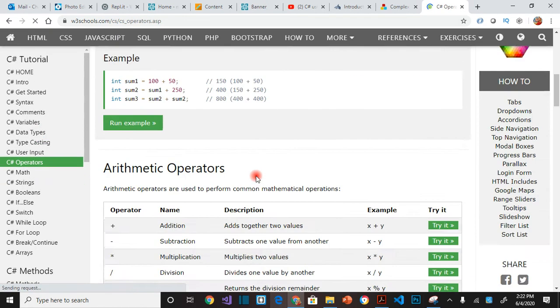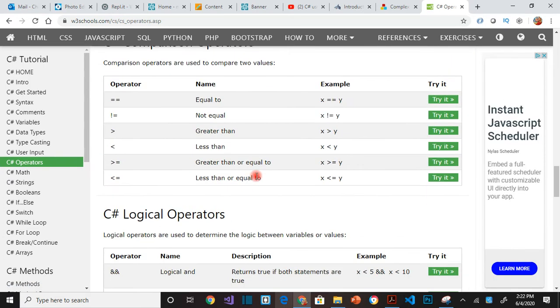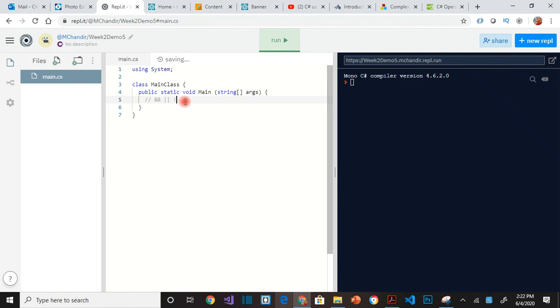In W3Schools, all the operators are listed. The arithmetic we saw already, assignment we saw already. Then we saw the comparison operators, right? So these are the logical operators: and, or, and not operator. Okay, so and, or, and not operators. So let me say and. And, or, and not. Okay, so let us see a simple example where we can